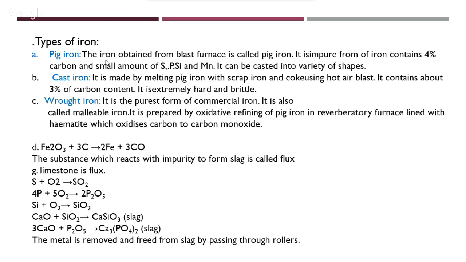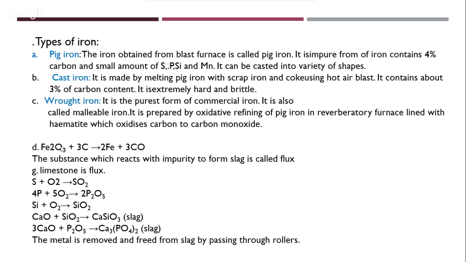And the last one is wrought iron. This is the purest form and used for commercial irons. It is also very malleable. Whatever carbon is remaining in cast iron, you do what is called oxidative refining of pig iron in another furnace, where all the carbon is taken out as carbon monoxide, and that's how you end up getting it. So I've just written a reaction here